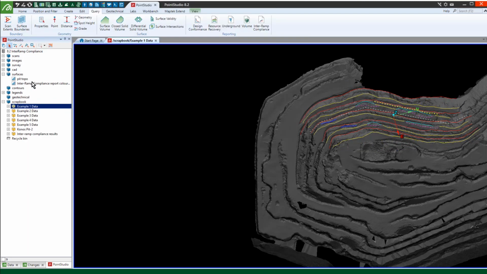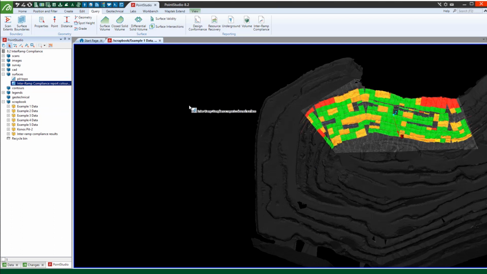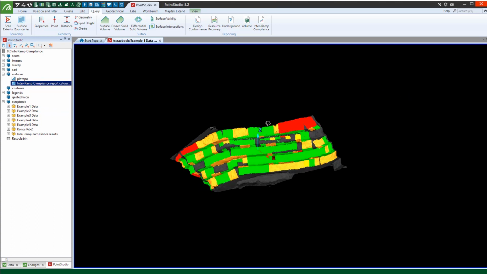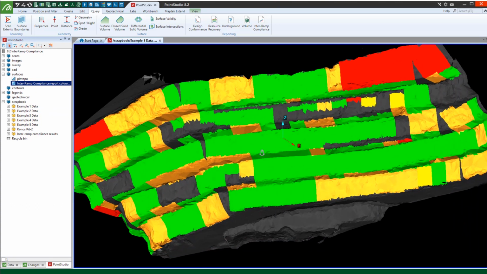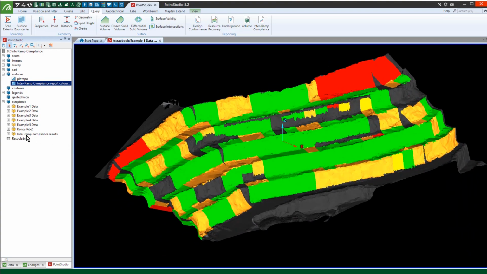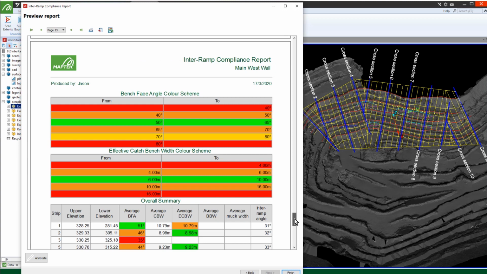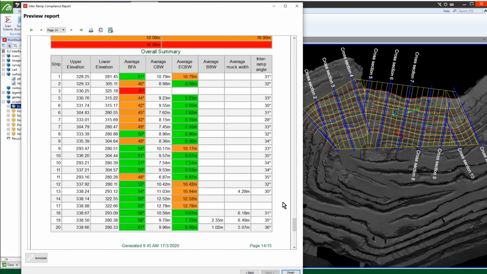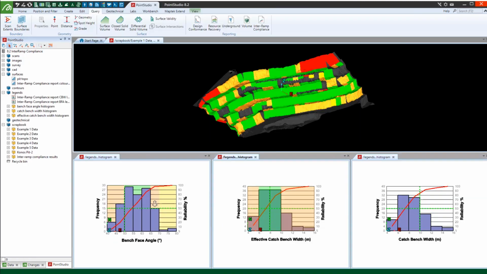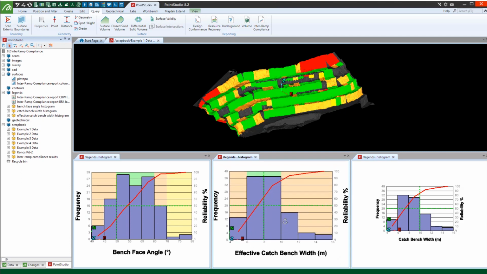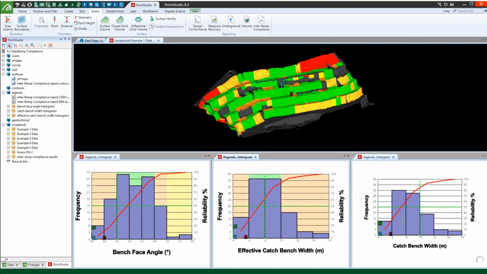Quickly see if angles of walls and widths of benches are within specified tolerances, and identify areas of concern. The easy-to-use tool delivers both 3D visual and statistical results, along with heat maps which clearly illustrate compliance based on colour legends. The addition of Inter-ramp compliance to Maptek's Point Cloud modelling and analysis package Point Studio means operations can